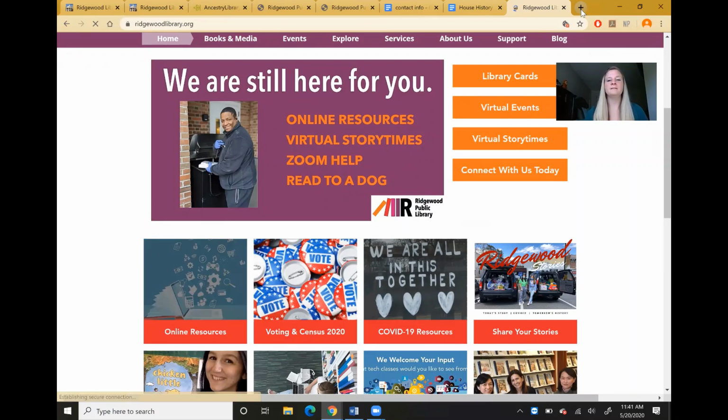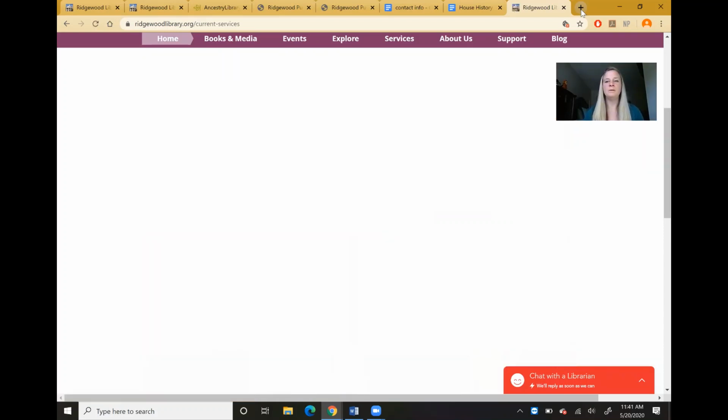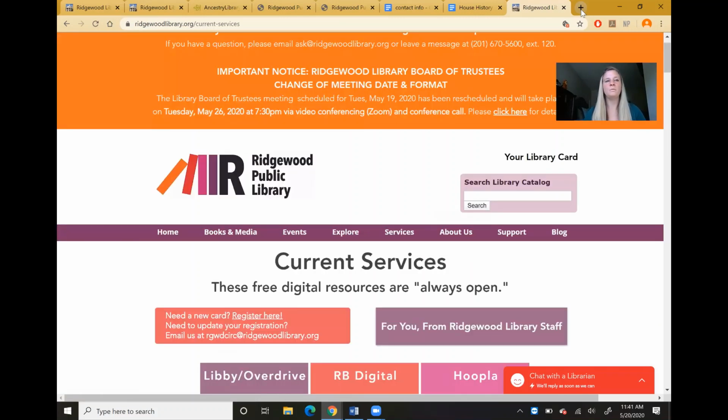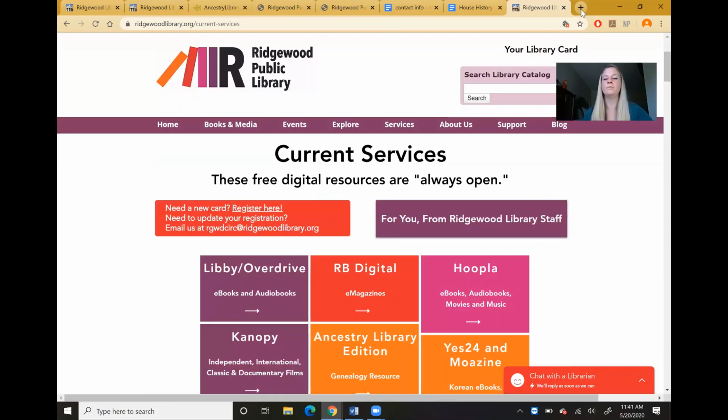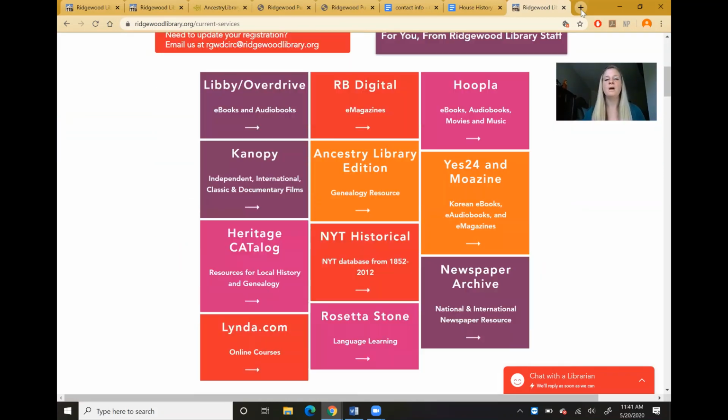Newspaper Archive is another resource that you can use online and remotely. Again, you just need to email S. Kiefer or ask@ridgewoodlibrary.org, and we can give you those login information. So all of the remote resources are listed here for you. So on the page for